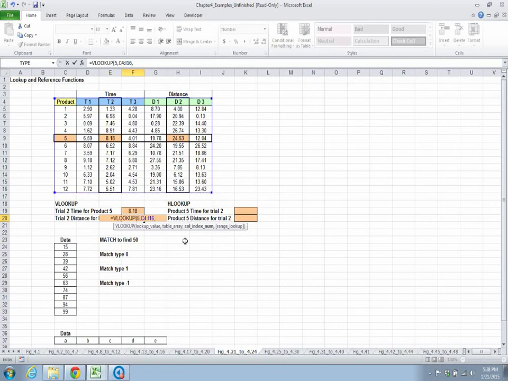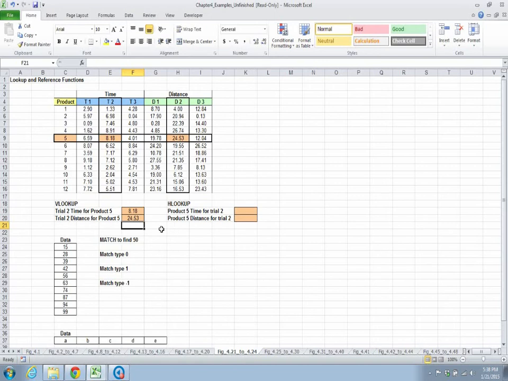We will then write for trial 2 distance, which is here, the column is here, and its index number will be 6 since it starts with product, so it will be 6 from the left, comma, we want false, select false, close the brackets, enter, and we have the value 24.53, which we can check with the table, which is